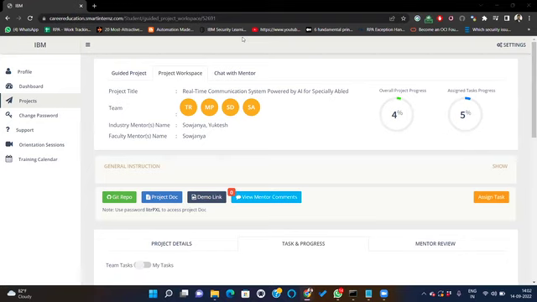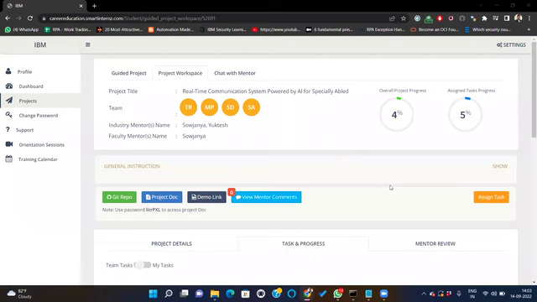Some of our student team leaders are not having their assign task button. So for this, dear faculty, as I've just told, we have added a new button called assign task. Students can click on this assign task button and reassign the tasks for their team members now. In the Kanban board, the team leader can move all activities. Yes, the team leader has access to all the task cards irrespective of the task assigned to the student.